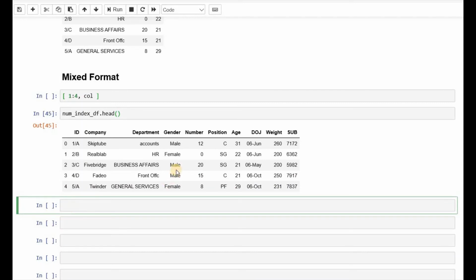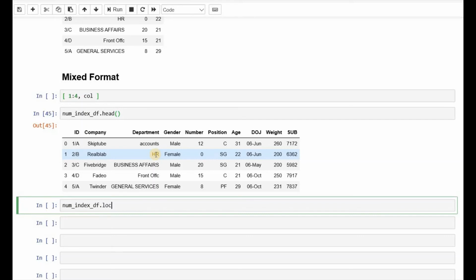So how to extract a subset of it is that we provide the name of the numbered index data frame. Normally we use iloc, but here we will not use iloc.